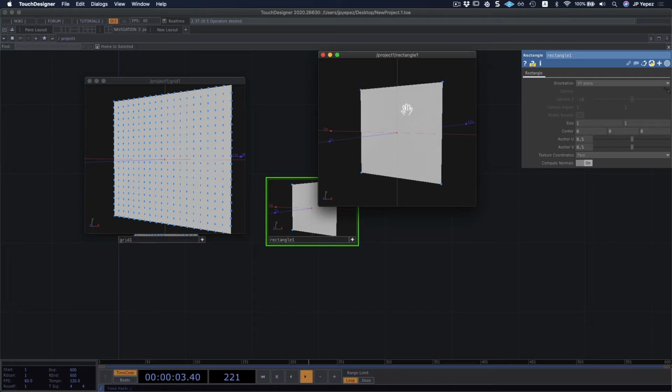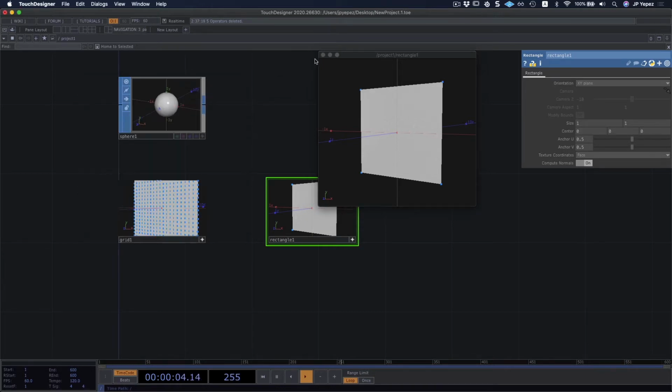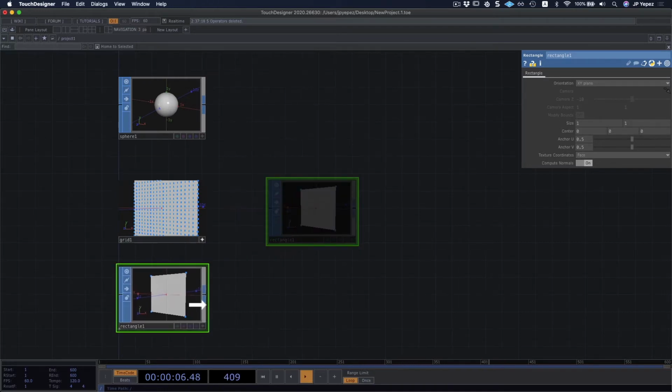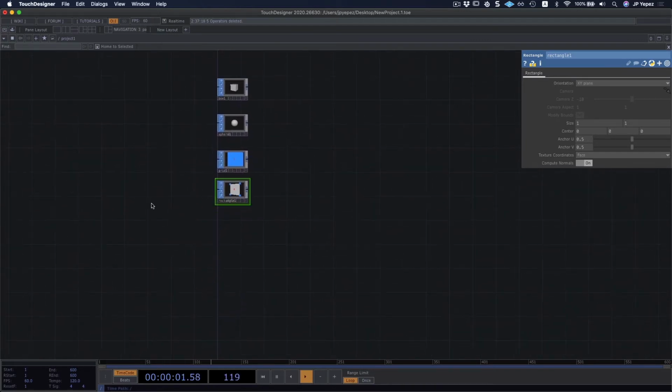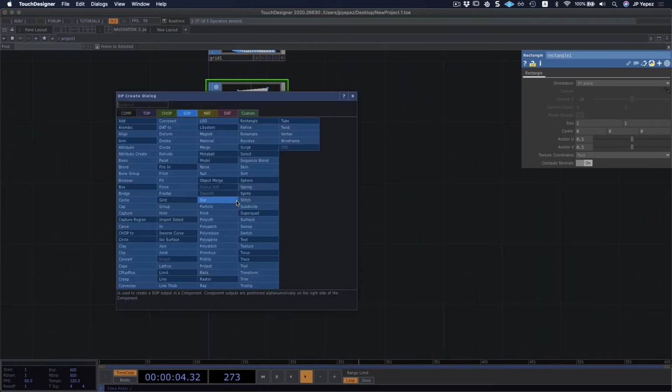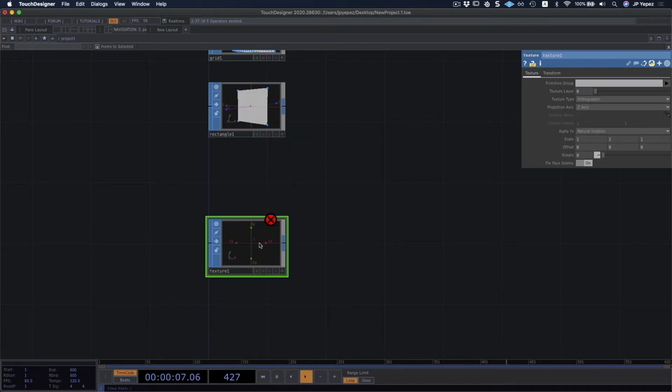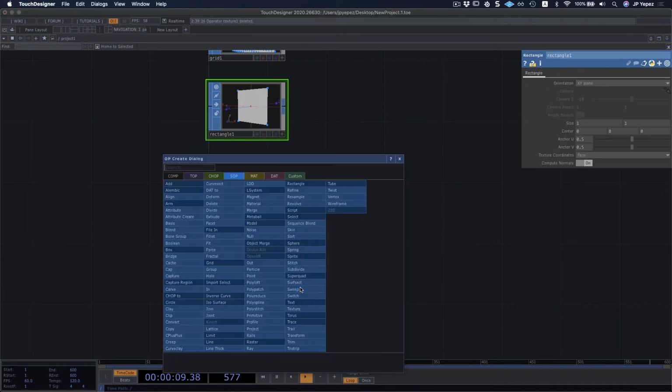Your rectangle is basically one polygon, or maybe two, depending. It can be 2 triangles usually, or maybe 1 rectangle, depending on what you're using. A grid is usually a combination of many points, which means you might have a lot more geometry happening in it depending on what you've done with your grid. So that's really important whenever you're working with 3D. A few other fun shapes that we have are the torus, which is nothing more than a donut.